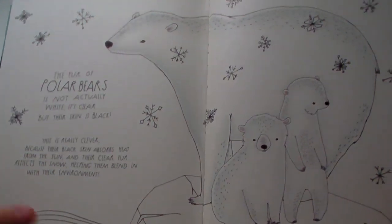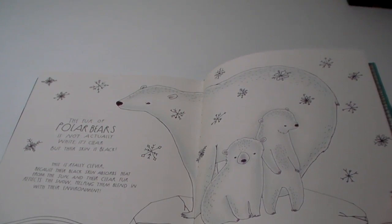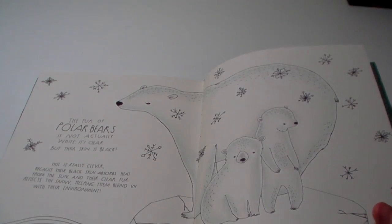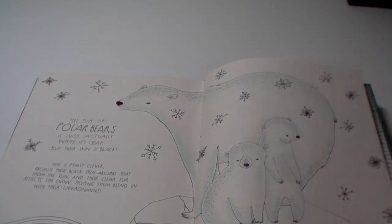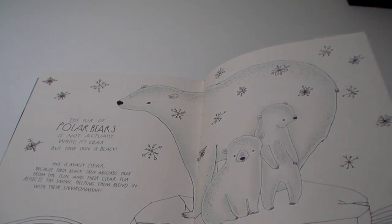So this is obviously the polar bear page, and I'll just explain a little bit about how you can enter, well, not enter, you know, do it if you want to. The idea is, because I don't have Instagram, you could email me your pictures, you could do a video if you wanted to, but you really don't have to, but that would be amazing. You can put them on Instagram with the hashtag, but I don't have Instagram, but I can still access it. And also I'll give you the hashtag, because I know I've done it before, but some people